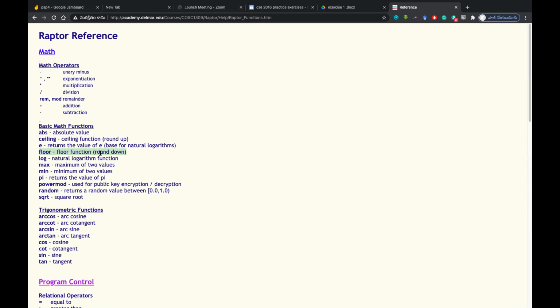So how much value do you get? Like 32.8 also, it will give you 32. So this floor can be very helpful to us. You need to test it because you found out what is round up and round down. You need to test a few flow charts, like you give a value floor of 65 by 2, 127 by 2, some odd numbers, and you definitely get it. You'll definitely get the answer.